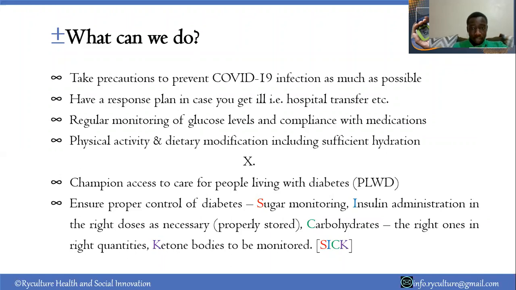Then other than that, for the people who are in the championing space, who are advocating for access to care for people living with diabetes, it's very critical that at this time we look out for these patients. Unfortunately, diabetes care is on an individual's own cost. But as champions, the main thing that we need to do is ensure, one, there's access to people who can take care of them. We have endocrinologists, we have medical doctors who are taking care of the diabetic patients. They need to be available as much as possible.